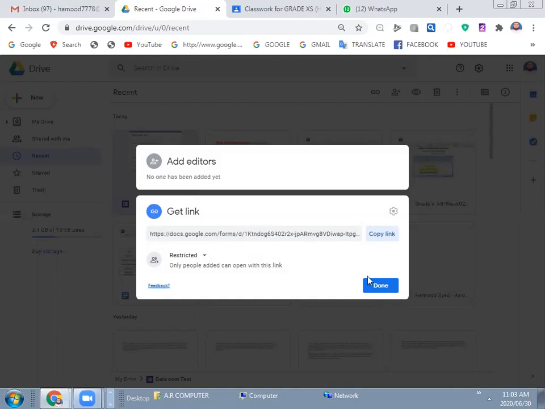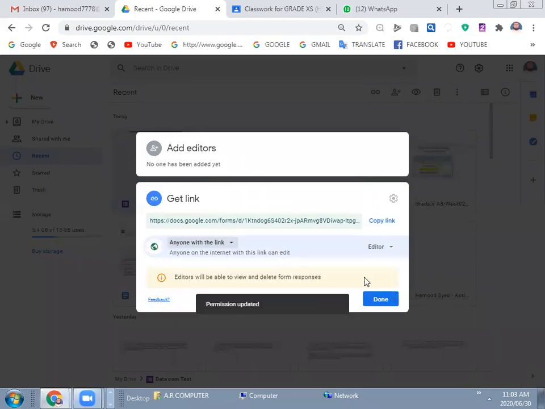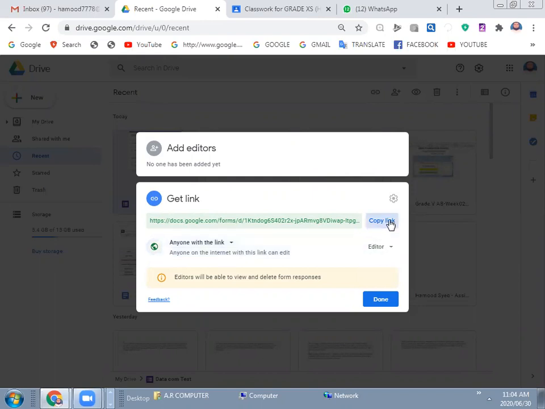Now get the link. Here you will make a change: anyone with the link. Okay, anyone with the link, and here it should be editor. Please remember, it should be editor. Okay, and then copy the link, copy URL. Fine.